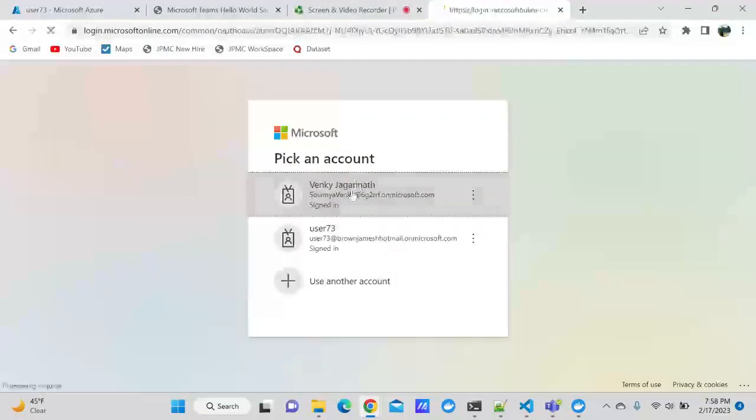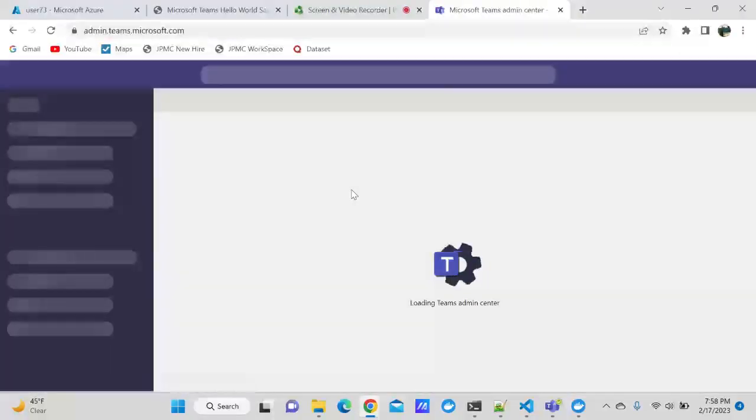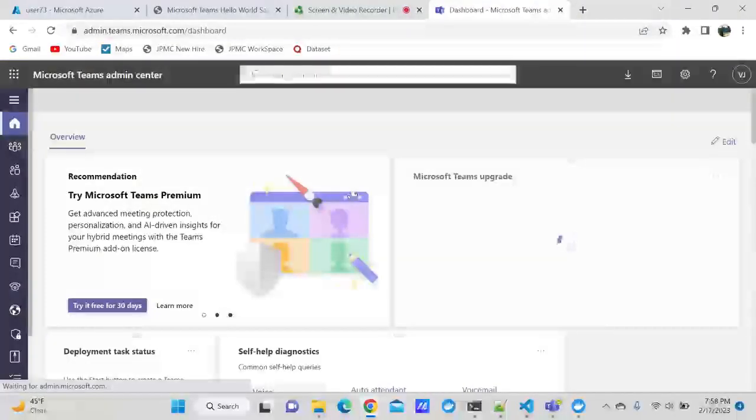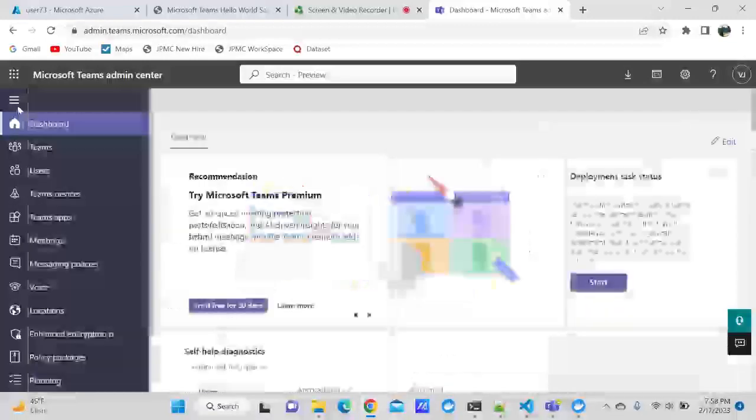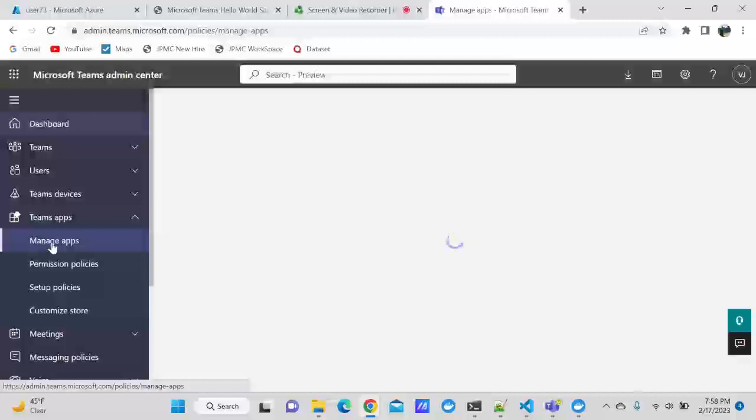admin.teams.microsoft.com. And this is pretty much like your Teams admin portal. So when you go in here, you will basically see all the applications that we have for our organization. You have to click on this to open this up, and then you can see Teams apps and manage apps. And when you click on that,